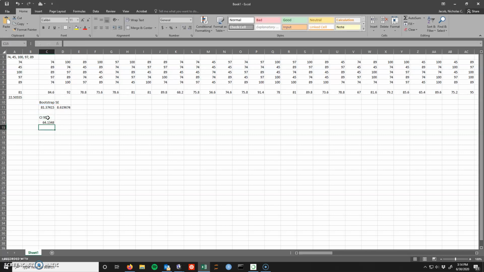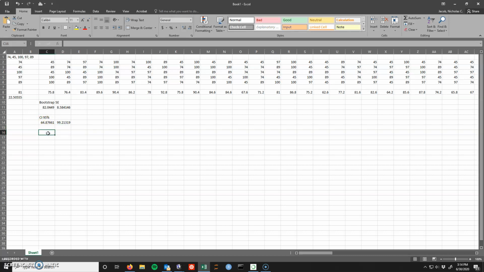That is going to be the lower bound for my confidence interval. If I want the upper bound, I'm going to take the Bootstrap mean and add twice the standard error. And that'll give me my upper and lower bound for my 95% confidence interval. So I'm 95% certain that the actual population mean from which this sample is taken should be somewhere between 65 and